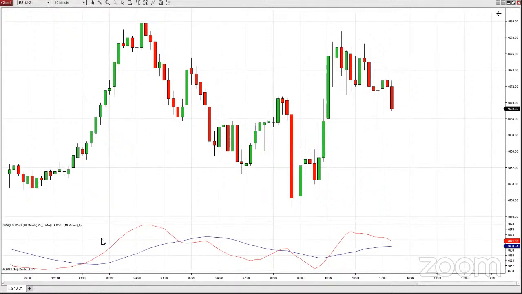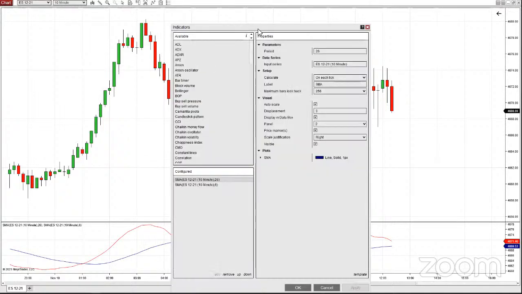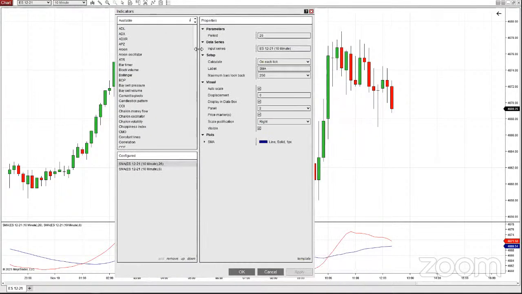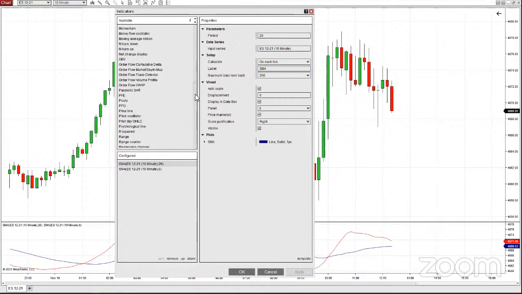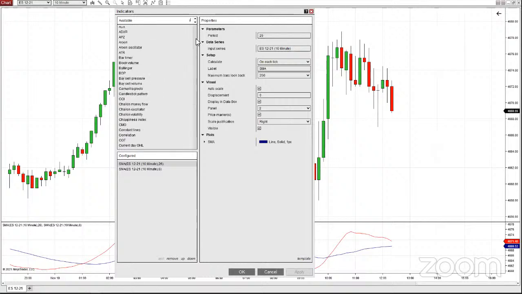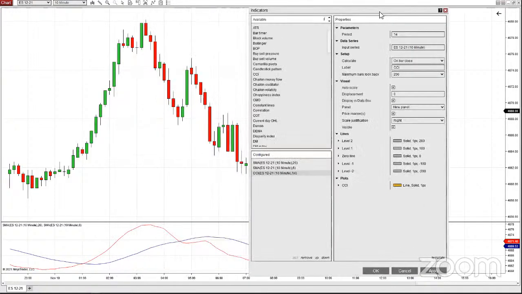That's number one. Let's add an oscillator, right? What's an oscillator? There are all sorts of oscillators that you could choose from in NinjaTrader. Some people like RSI, MACD, TRIX. There's the awesome oscillator, Chaikin oscillator, money flow oscillator, McClellan oscillator. I don't even know what they all are, to be honest with you. But my oscillator choice is called CCI. It's short for the Commodity Channel Index.